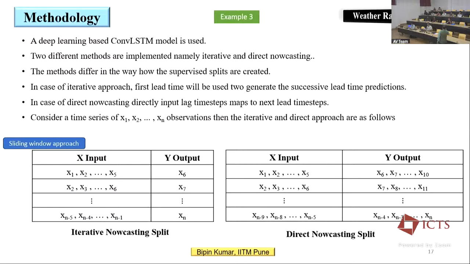Have you ever studied linear systems of equations in mathematics? Solving the matrix equation Ax = B. If it is a sparse matrix, we have a different method. If it is a dense matrix, we have a different method. What are the two methods? Elimination. Elimination is the direct method, Gaussian elimination and so on, reducing. And there are iterative methods. So what I said here is basically the direct approach. You are giving the previous 10 time steps and getting the next future 5 time steps. This is the direct approach.